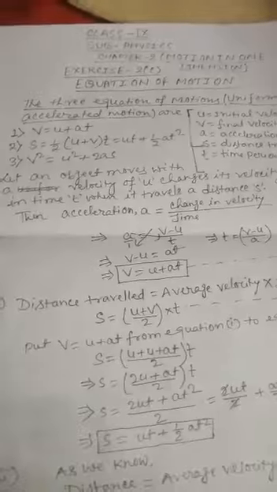In this class, I am going to discuss the third exercise of chapter number 2, that is motion in one dimension. The name of the exercise is equation of motion. As we know, the three equations of motion, which is also called uniformly accelerated motion, are: first number,